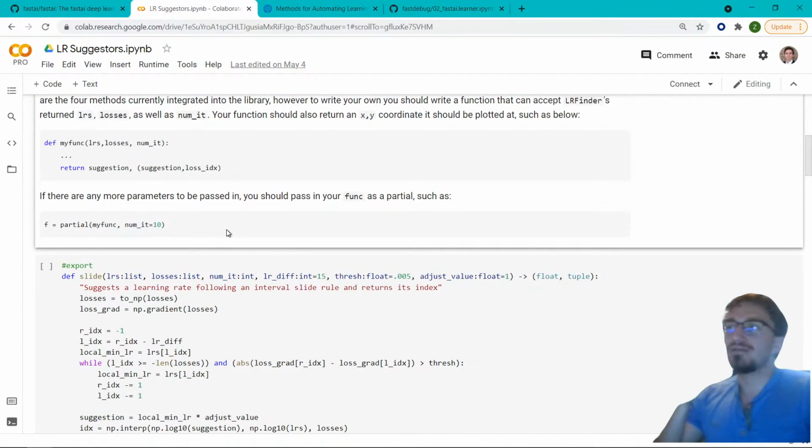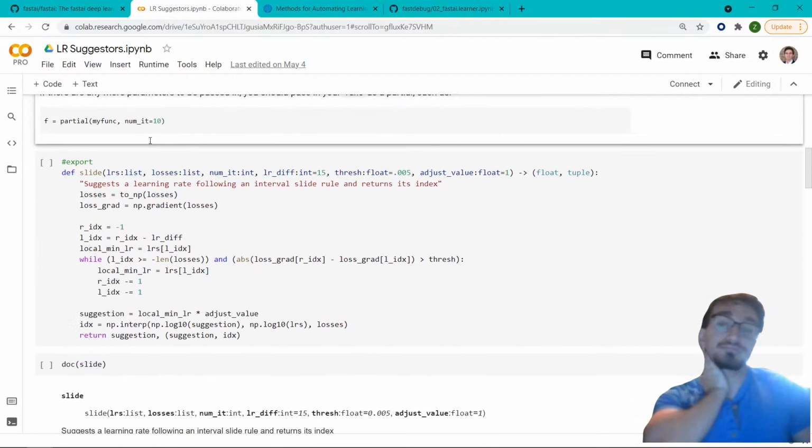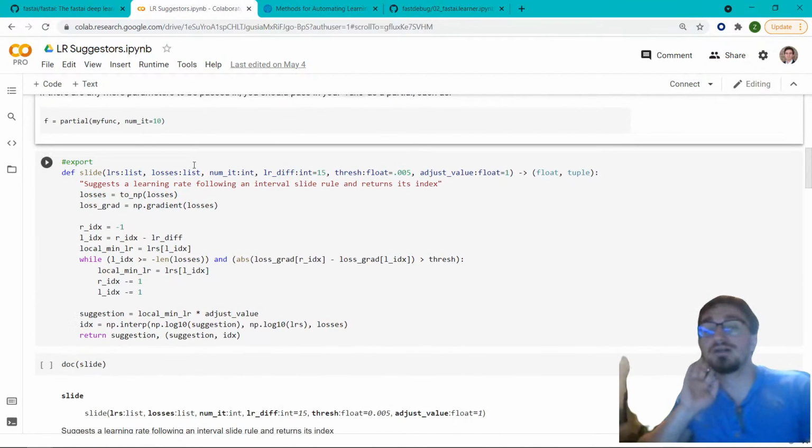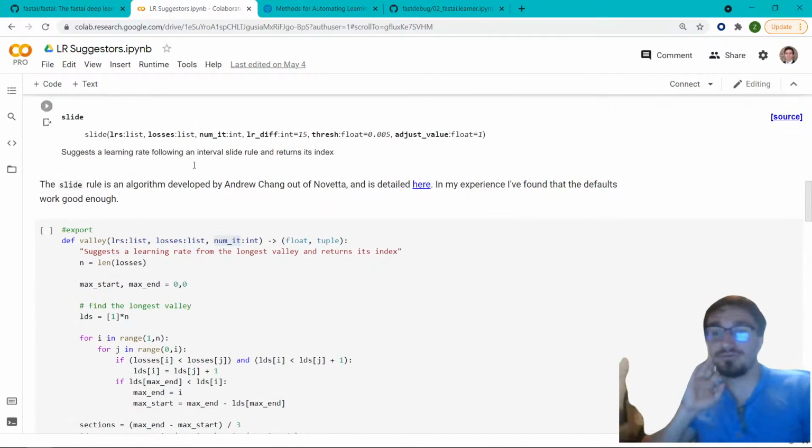Now, if you need any other complex functionality with it, you just write a partial function and go from there, and specify whatever else it is you needed. If you needed, for example, num iterations. Pretty sure though with this method, the bare minimum needed is LRs and losses. But anyways, in regards to how this all works,